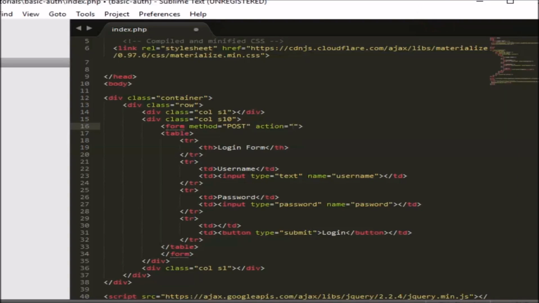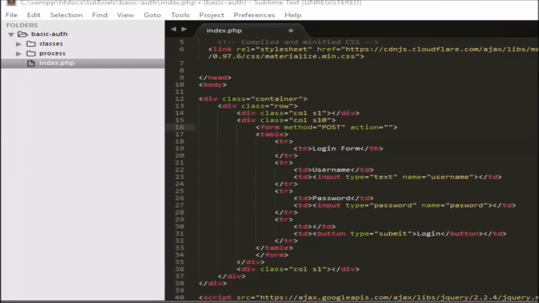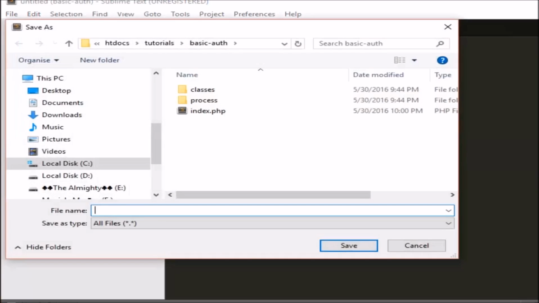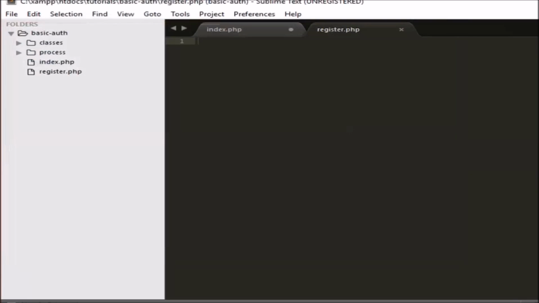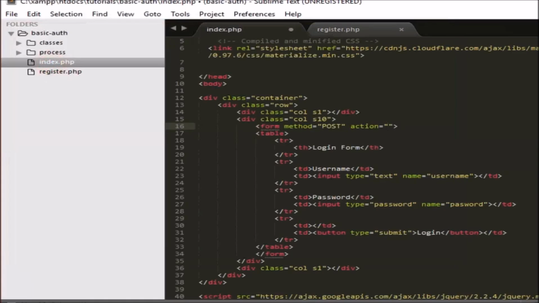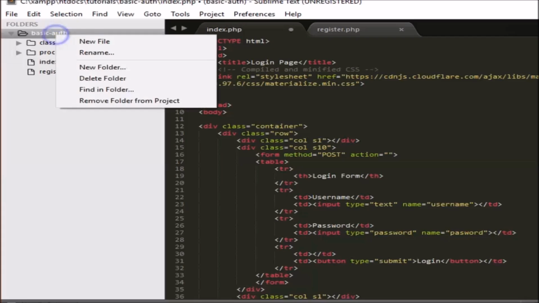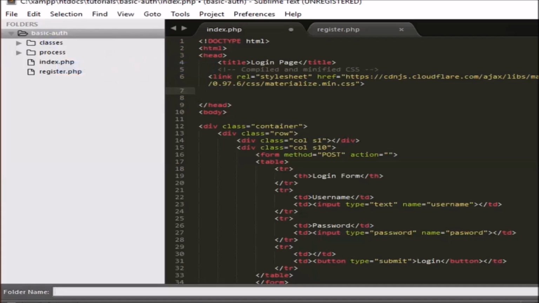So let's quickly begin. Just create a new file in the root folder and save it as register.php. Now all we need is to copy this. Let me clean up this code in this video, and in a later video we will go and create the register.php file. So create a new folder first and name it includes,